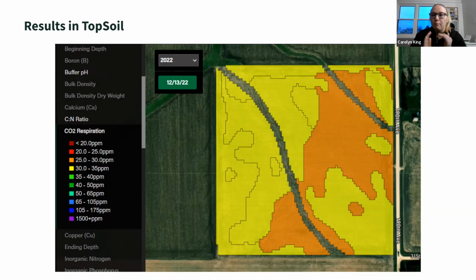When you come back into your account after the data is here, you'll click on your field and then you'll click on soil health, and it'll drop down with a whole list of the parameters from the Haney test. If you click on the different ones, it'll populate your map with pretty colors,